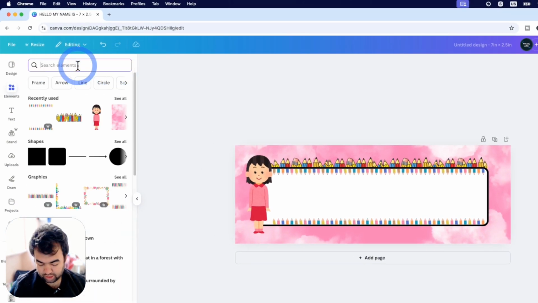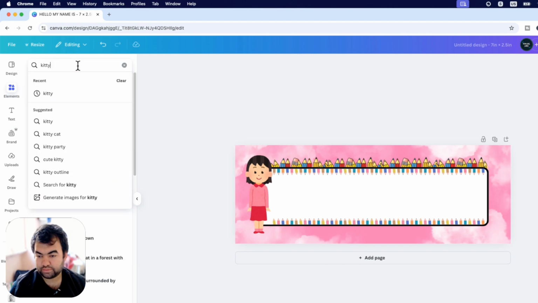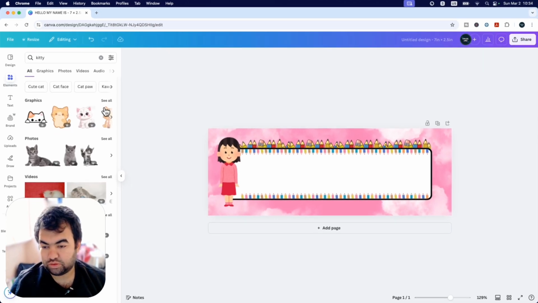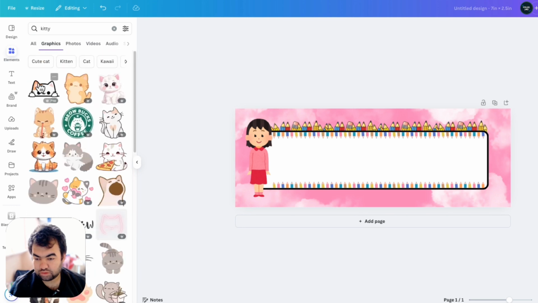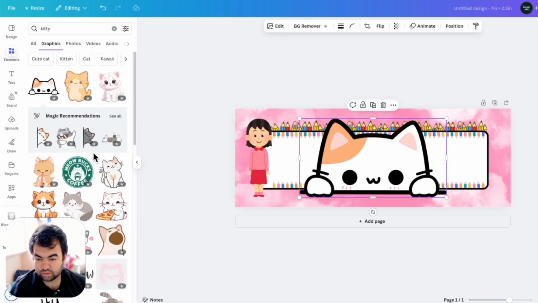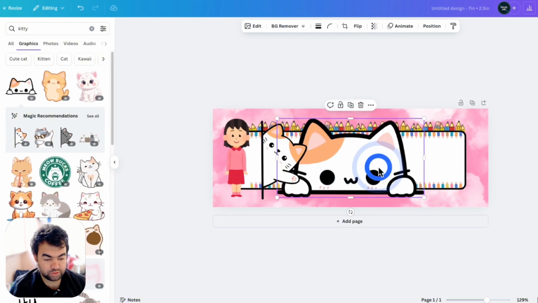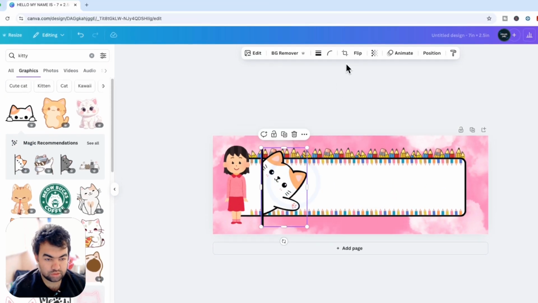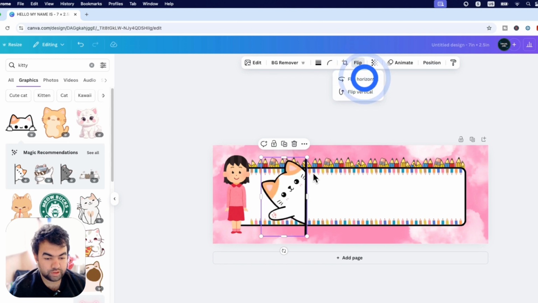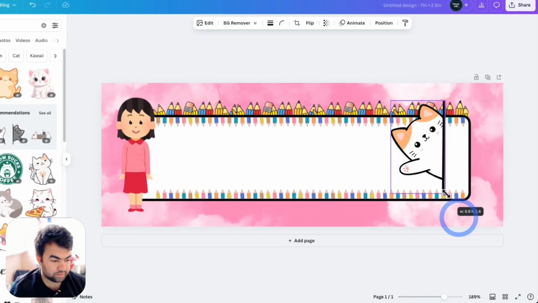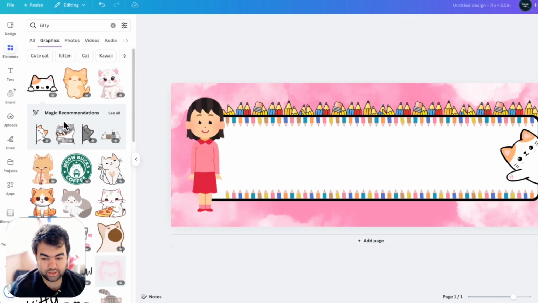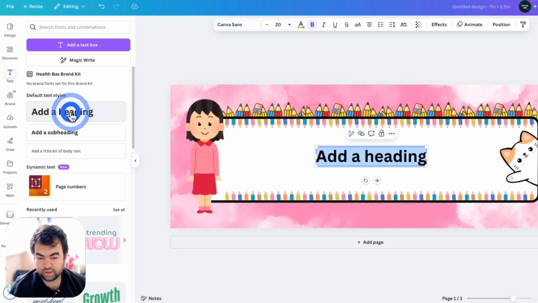Now search for cat. Go to graphics. Select this one and then you will get this solution. Go to flip horizontal. Now place it just right here, just like this. Now go to text, add a heading,